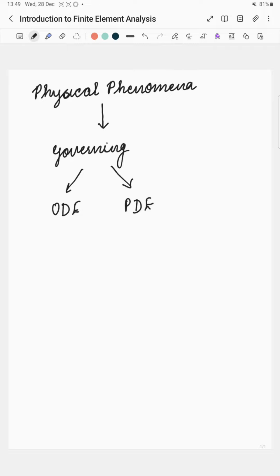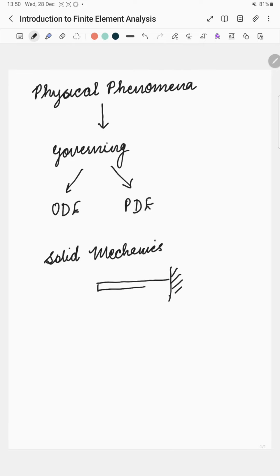So now we suppose we have to solve a problem in solid mechanics of a cantilever beam which is loaded at its free end, and I have to find a solution. I want to solve this problem by finding the displacement at each and every point. So my first step would be to develop the set of governing differential equations, and in case of solid mechanics,